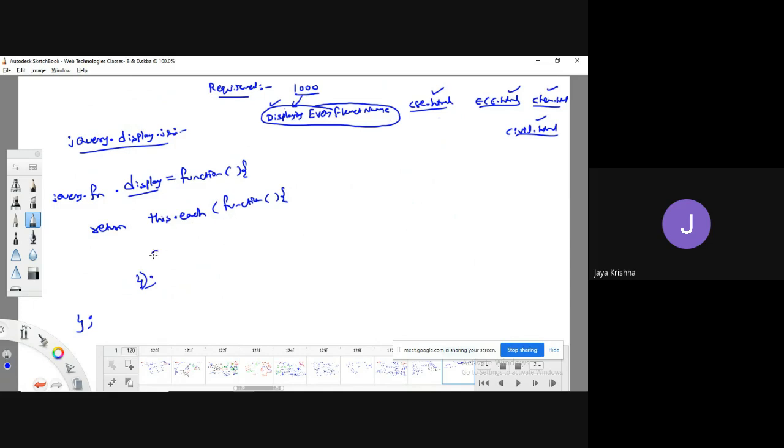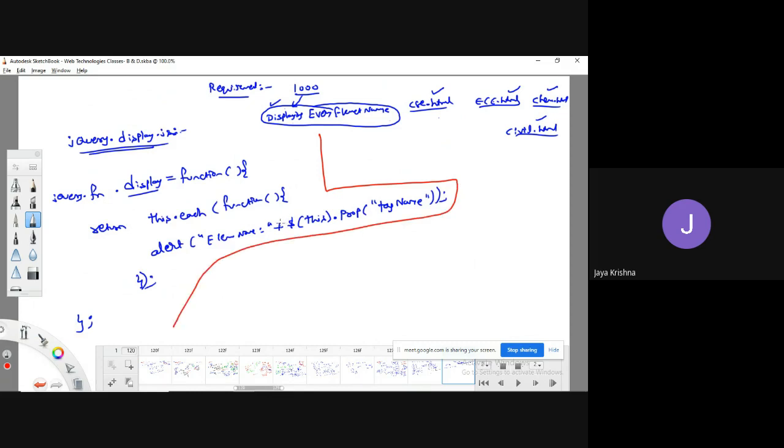Now I will simply go for an alert of element name. I am going to take the corresponding element dot, and we have a method called prop. I am going to use an attribute called tagName. It is all up to you whatever you want to write. So this is a simple plugin to display every element name. Up to here we have created a plugin.